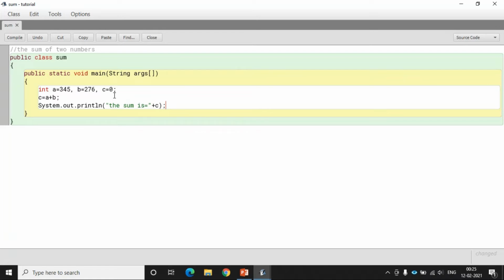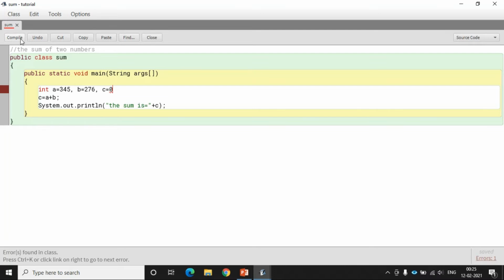Now let us see whether our program is correct or not. So we will click on the compile button. As you can see, it has displayed a message, class compiled, no syntax error. Suppose you forgot to write this semicolon and you compile it, what will it show? Errors found in a class.